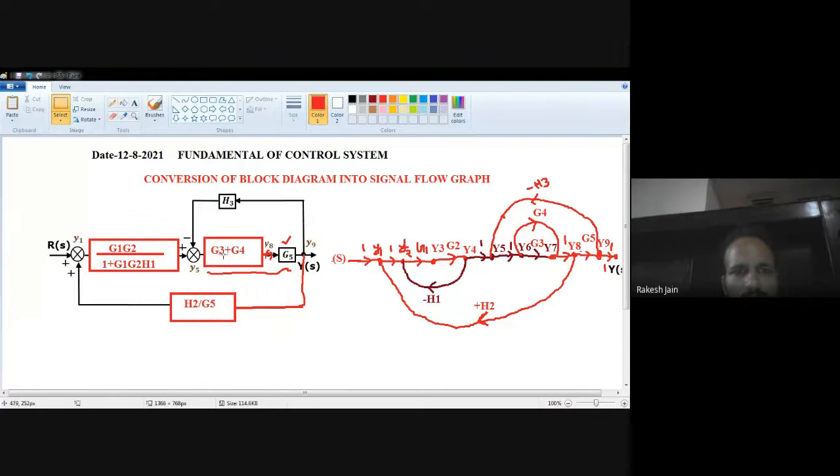So I just remove these two blocks. Instead of them, only a single block will become, whose value will be equal to